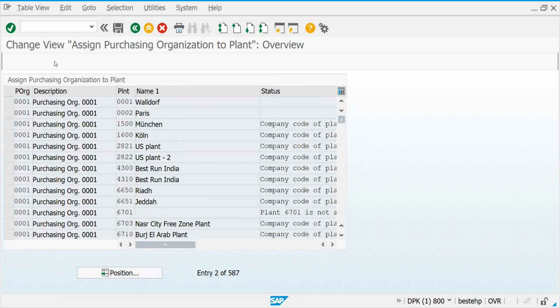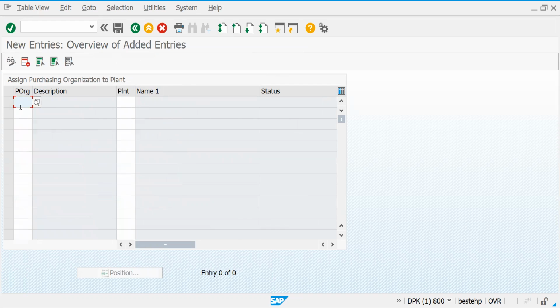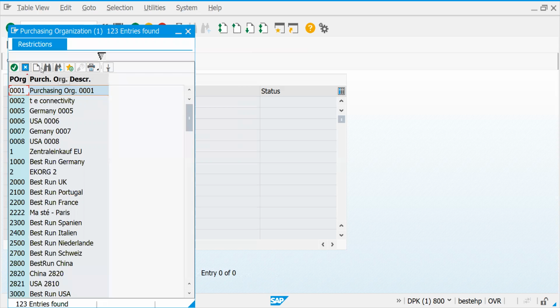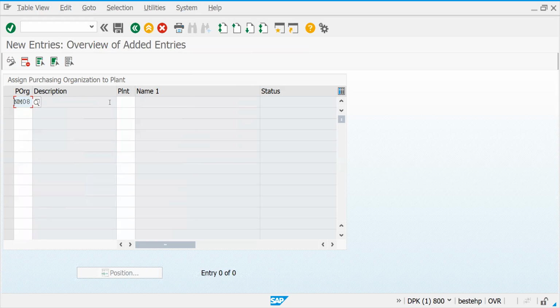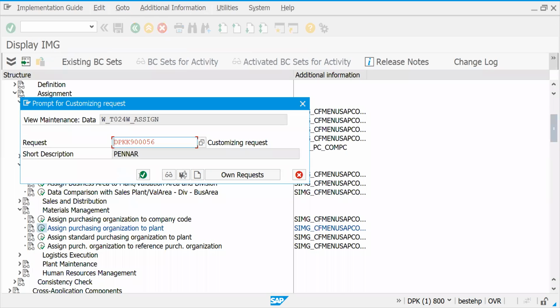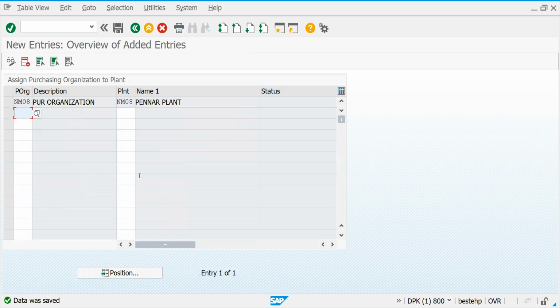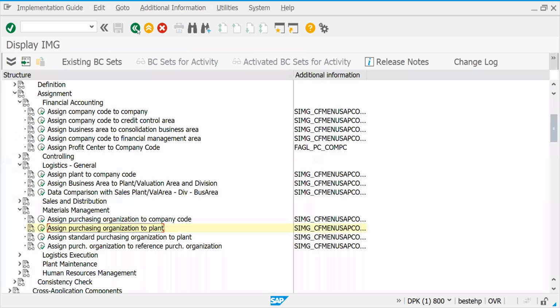We need to create new entries. What is the purchase organization? What is the plant? NM. This is important. Everything we have to give as new entries. And if it is not there, we need to create a new one.